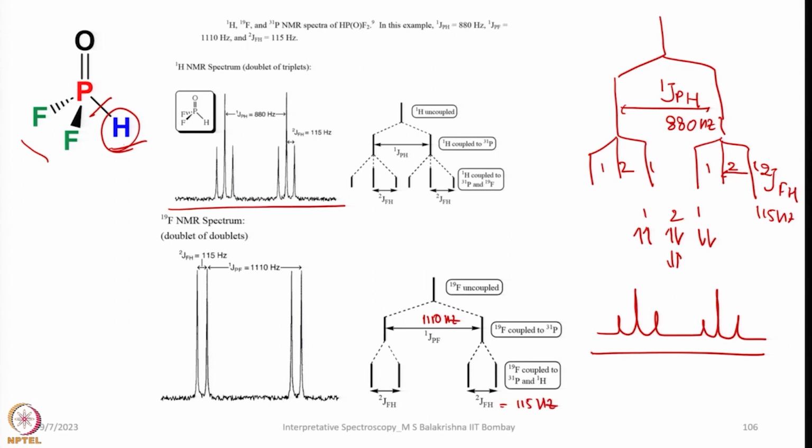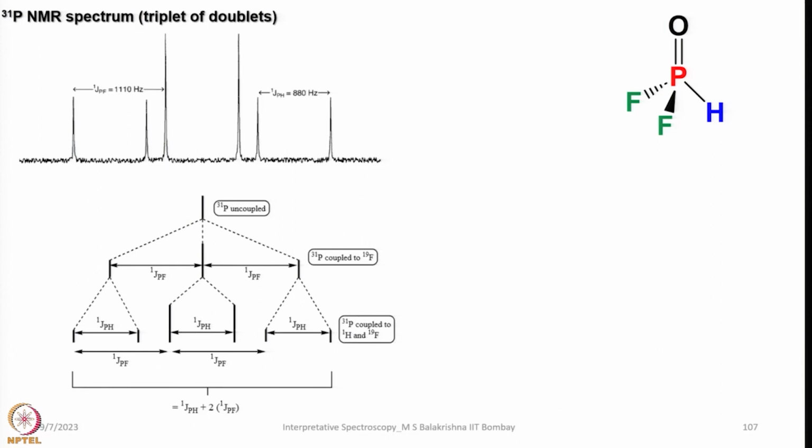So, what is left is now 31P NMR. If you see here, we saw from the previous 19F NMR that PF coupling is larger compared to PH coupling. As a result, the first P signal is split into a triplet, and then each line will be split by the same 1J PH coupling. The magnitude of that one is a little less, so it comes second. First we will take something like this. So, this spacing is the same as this spacing. This is our 1J PF, and this is